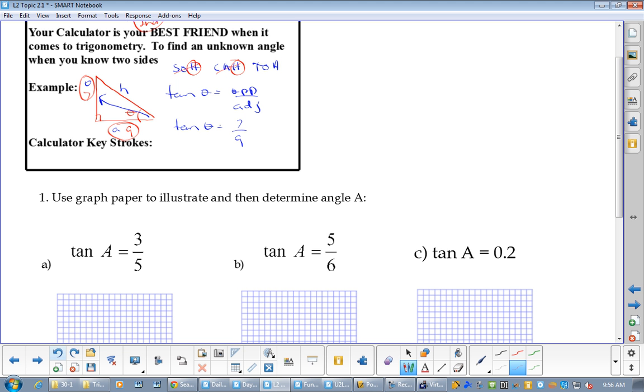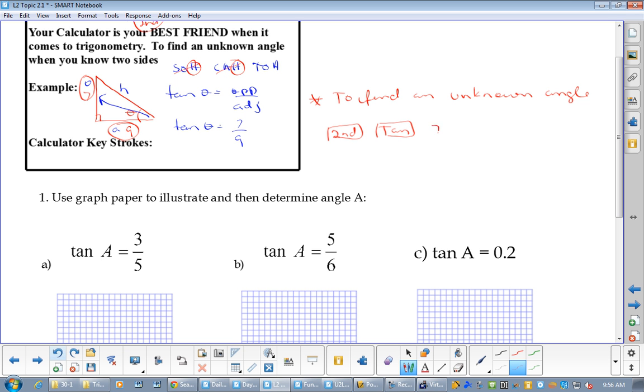Now, here's the twist, to find an angle. Okay? Because we haven't done that yet. So to find an angle, an unknown angle. Okay, these are my buttons that I will use on my calculator. Now, whenever I do buttons, I always put rectangles around them so you know that they're buttons. So we go second, you got to hit that one first, then tan,